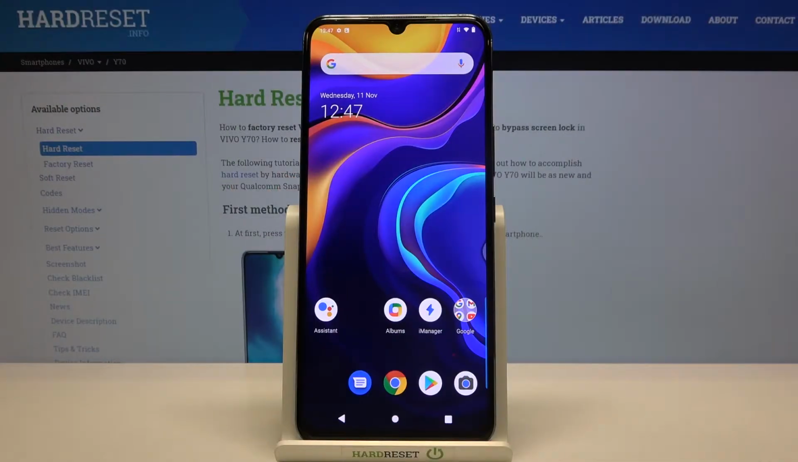Welcome, here I've got VIVO Y70 and I'm gonna show you how to use the camera pro mode at this